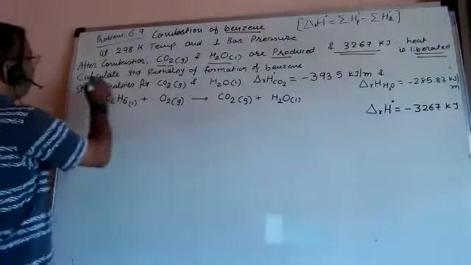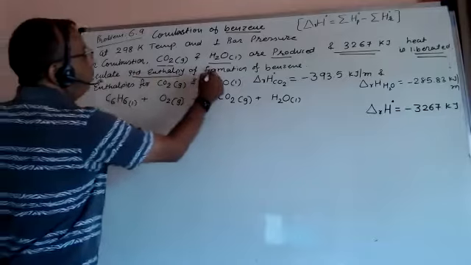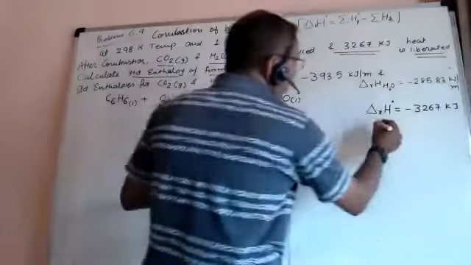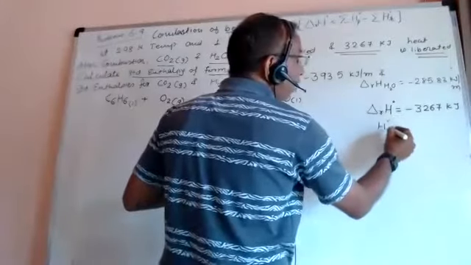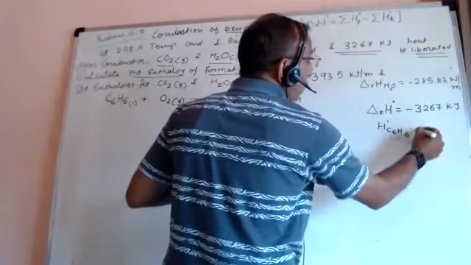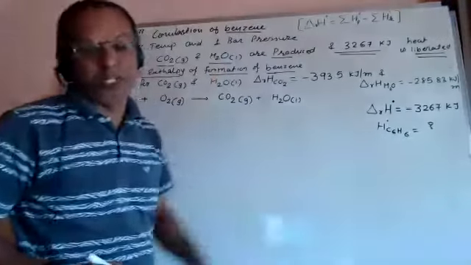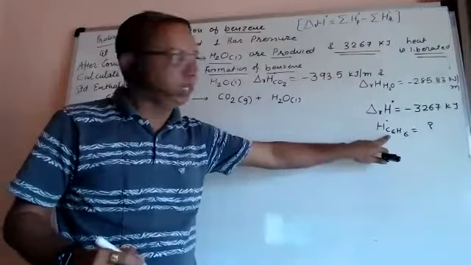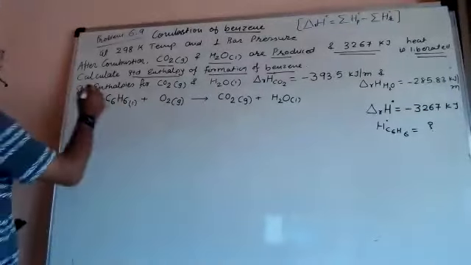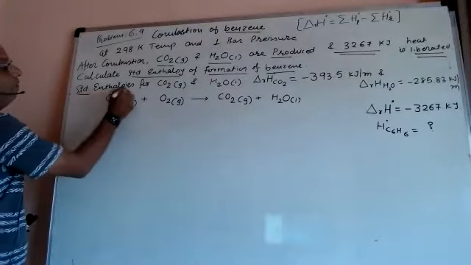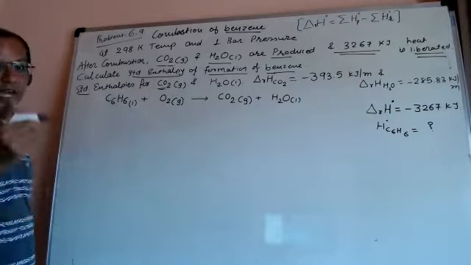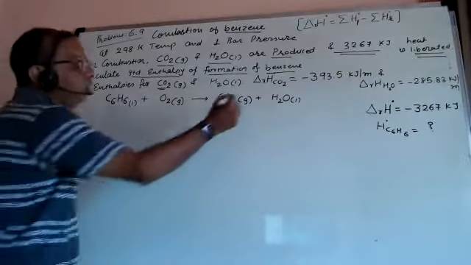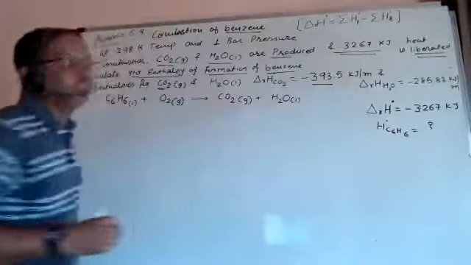Second thing here, calculate the standard enthalpy of formation for benzene. So the standard enthalpy of formation for benzene is to be calculated. So H0 of C6H6, that is benzene, is to be calculated. Still, the question gives standard enthalpies for carbon dioxide, and for water it is given as well. For carbon dioxide, the value given, friends, is 393.5.